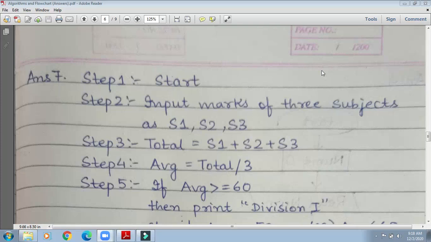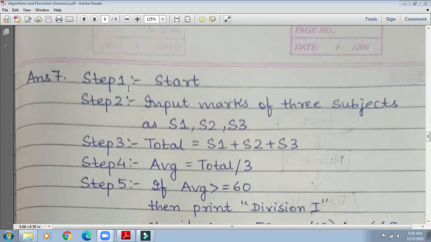Okay, so we have to write an algorithm and we have to draw a flowchart. The question is asking we have to input marks in 3 subjects, then calculate the average, and then give division as per the condition of the average. So first of all we will start writing the algorithm.